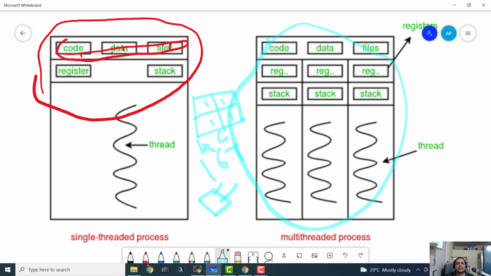Then as we have seen here, the code, data and files are the shareable resources between threads. We cannot share the registers as well as the stack of a particular thread with the other thread or any other process for that matter. Now the main advantage of threads is that the time to switch between threads is less than the time taken by the processor to switch between processes.